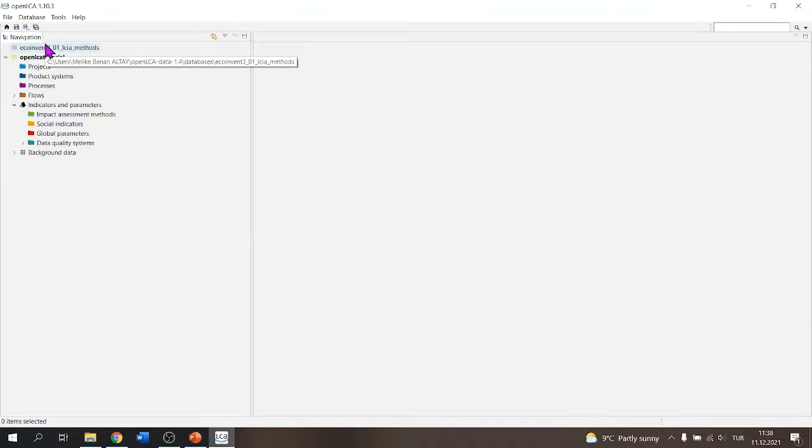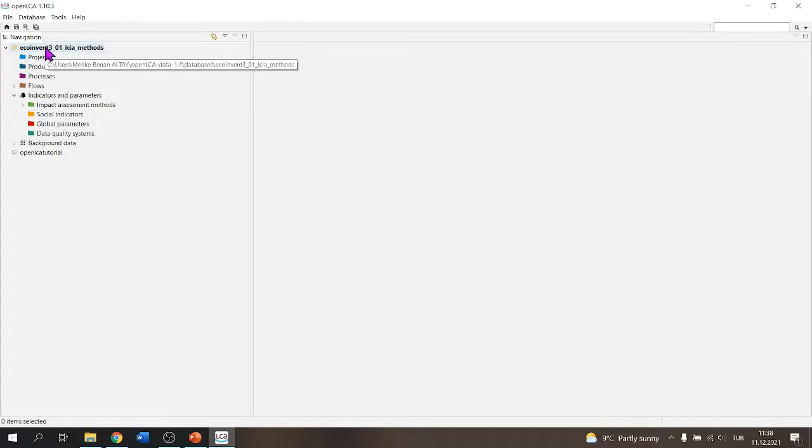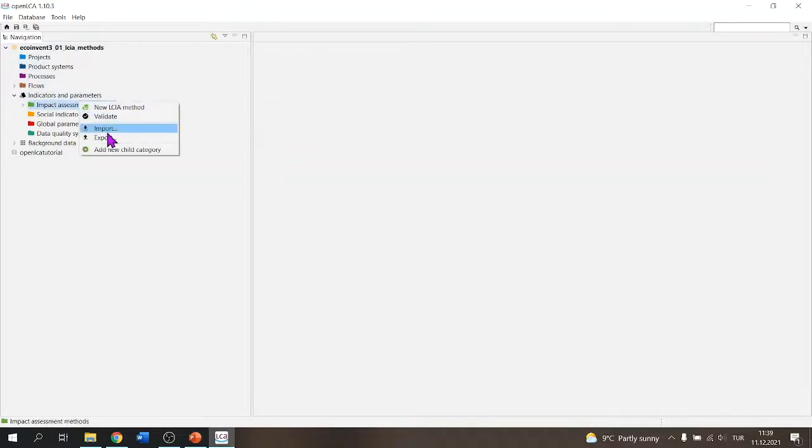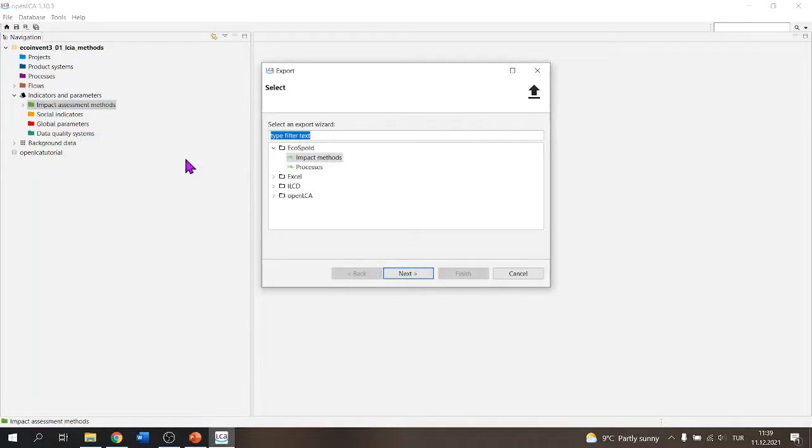To do that, first you should double click the relevant impact assessment methods, and then right click the impact assessment method under the indicators and parameters tab, and then please choose Export. Then you will see there are different downloading formats here, and you can choose EcoSpold impact assessment methods and click Next,